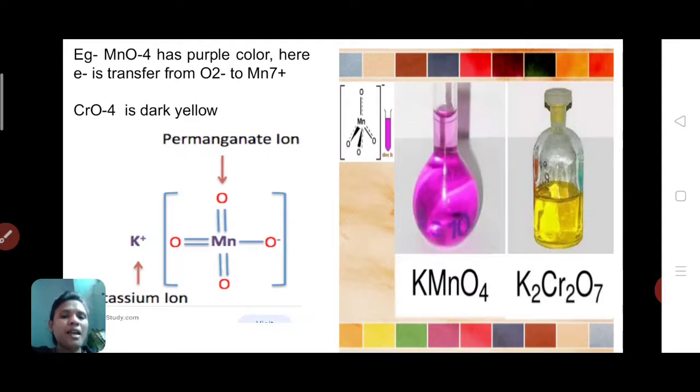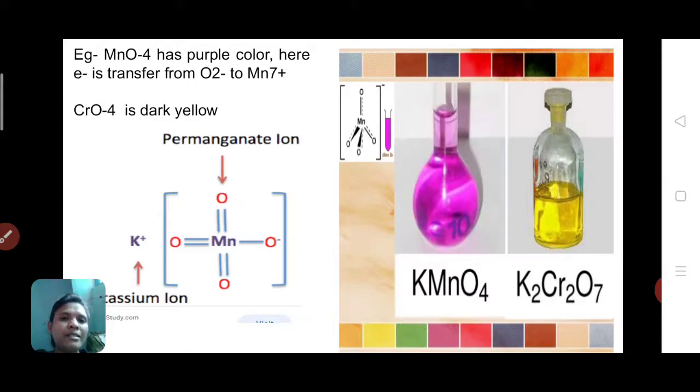Some transition elements in their oxidation state show a d0 configuration. So when having d0 configuration, that particular transition metal appears colorless, and if any element shows a d10 configuration, due to d10 configuration there is no possibility of promotion of electron from lower energy d orbital to higher energy d orbital, and that's why they cannot absorb light energy, and hence they appear colorless. So there are 2 reasons for appearance of color of d block elements. Why do they show color? Because of d-d transition and charge transfer transition.